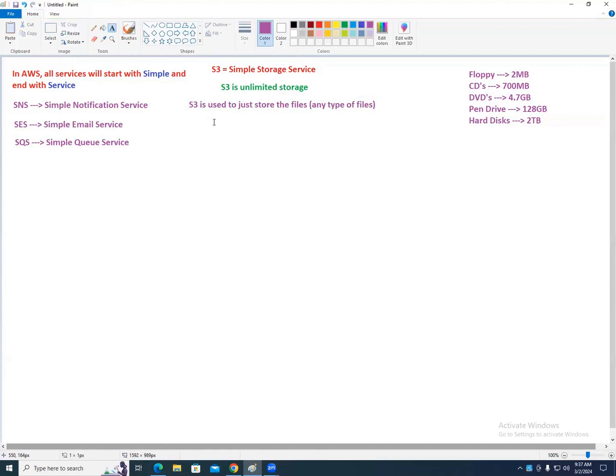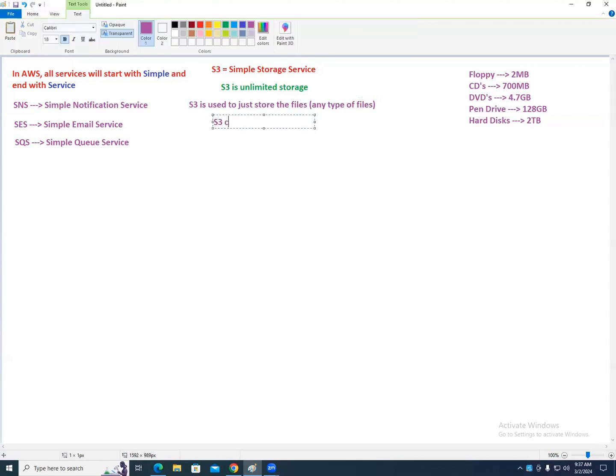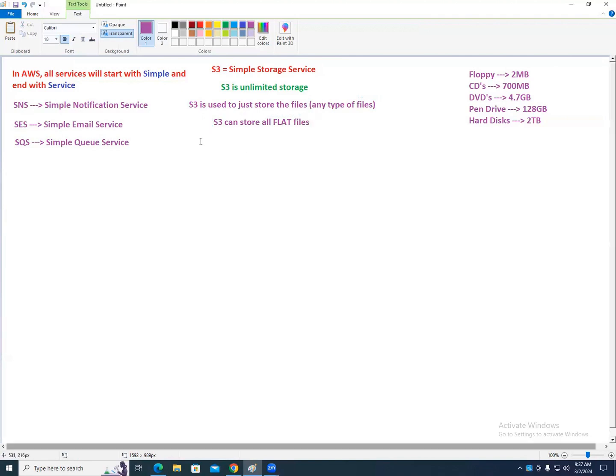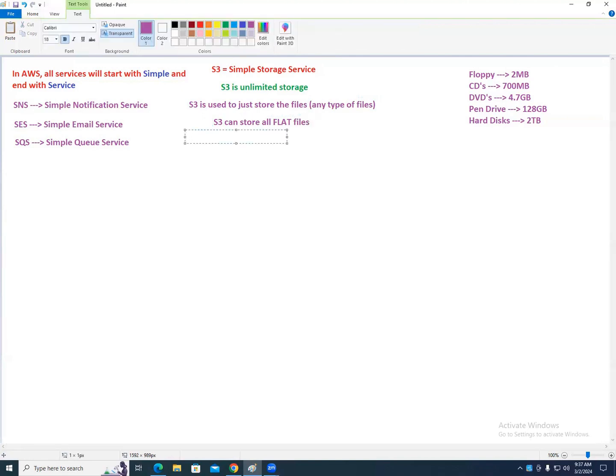You can also say S3 can store all flat files. Flat files here means any files. With S3, we can upload, download, and access the files.